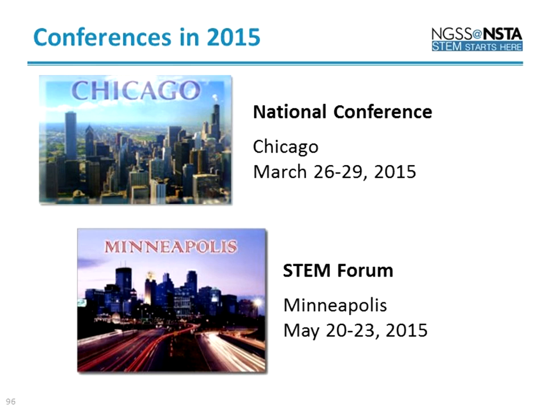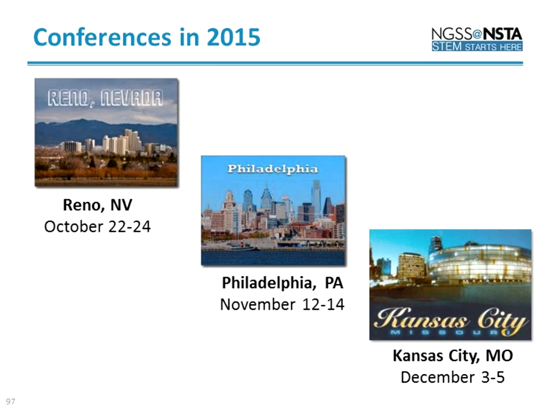Someone just pointed out, and I thought I had fixed this slide, that I think in organizing today I pulled from the wrong slideshow. The dates listed here for Chicago are not the correct dates. I will post those for you in the window in just a minute when I verify them. Christina, I don't know if you can pull those up quickly, but we'll get that out to you. Coming down the fall, here are some other conferences: Reno, Philadelphia, Kansas City next fall.